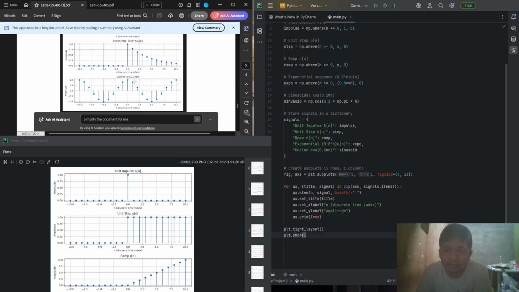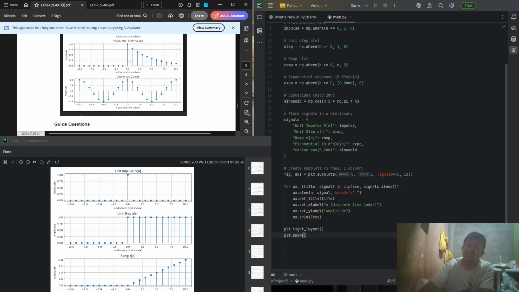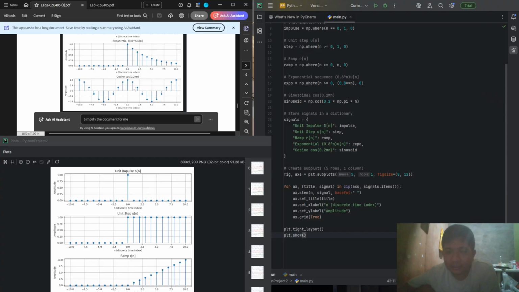As you can see, it forms a curve. It looks like a cosine wave when you connect it.